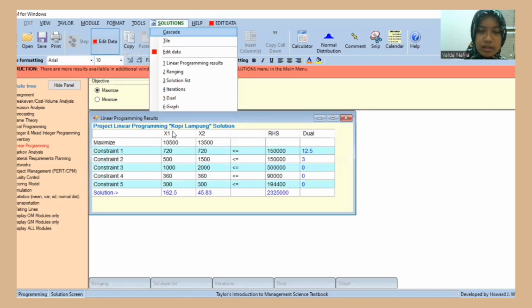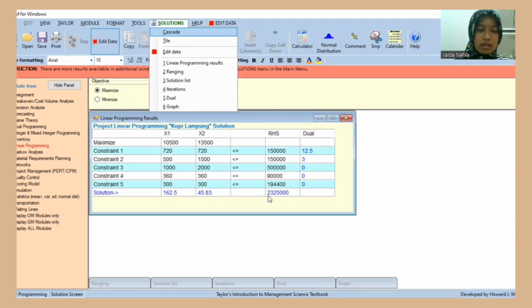Now, X1 is coffee wrapped in regular packaging, and X2 is coffee wrapped in premium packaging. So if X1 is this and X2 is this, the result is this, so we got the optimal value of 2,325,000.